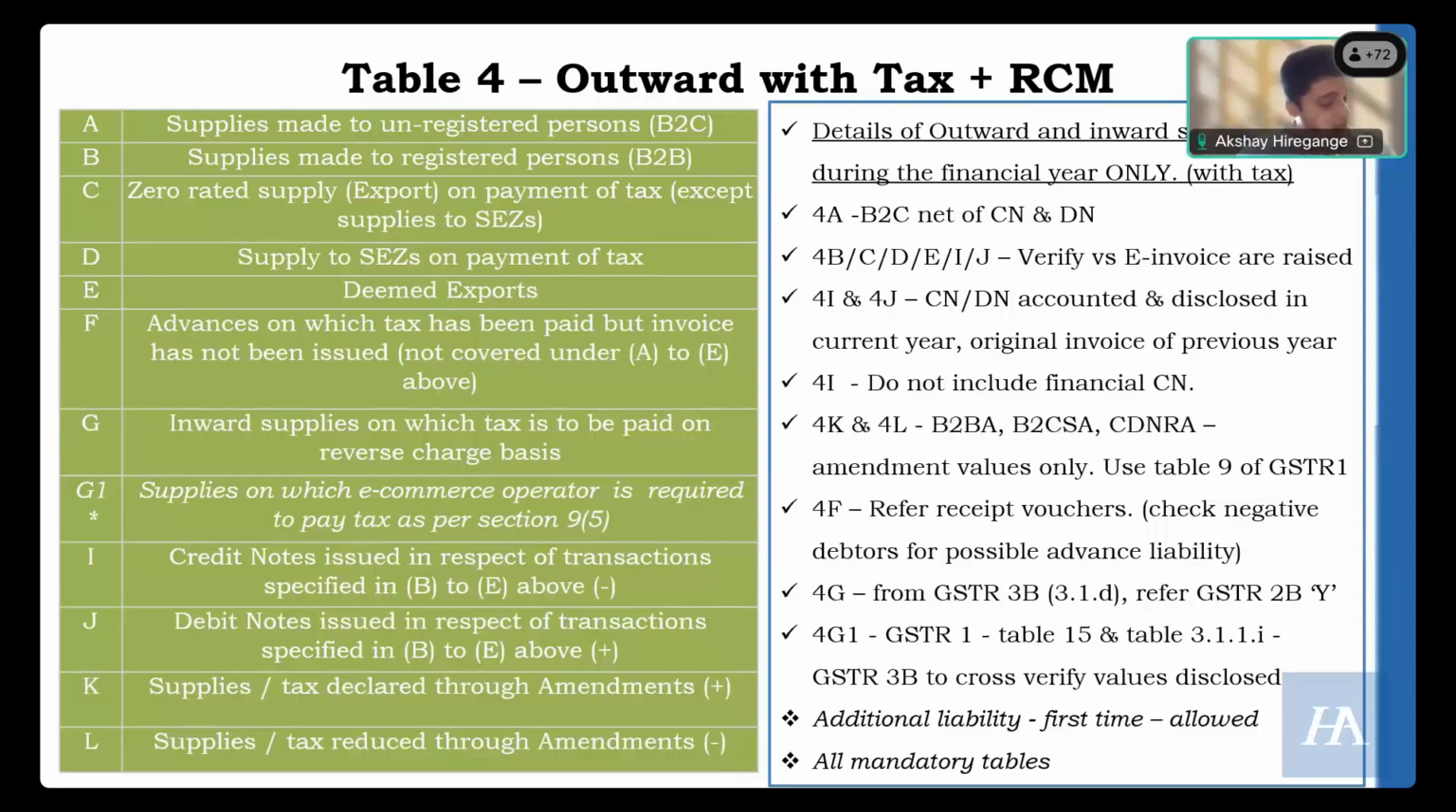Coming to our outward supplies with taxes and RCM, this table is having those transactions which have a tax implication. To this effect, most of the data you will get from your GSTR 1 and you can cross check with your GSTR 3B whether it has been paid. One very important aspect, table 4IJKL, that is your credit note, debit note, and upward and downward adjustments. These must be disclosed separately. In 2021, it was optional. From 21-22 year onwards,